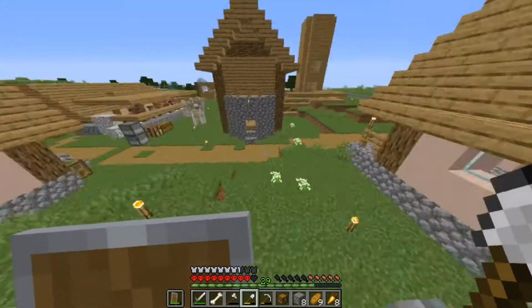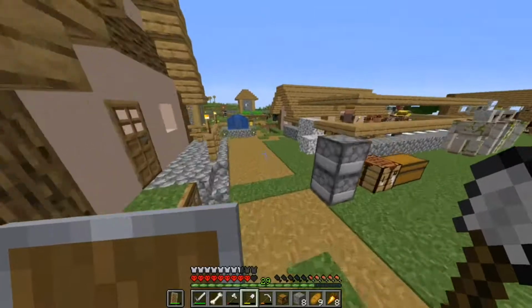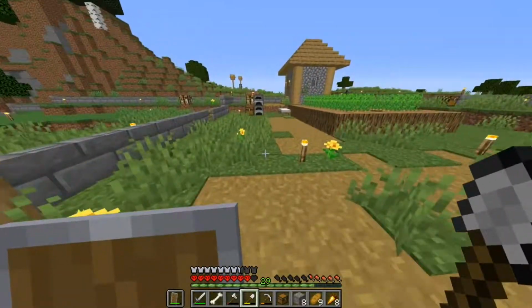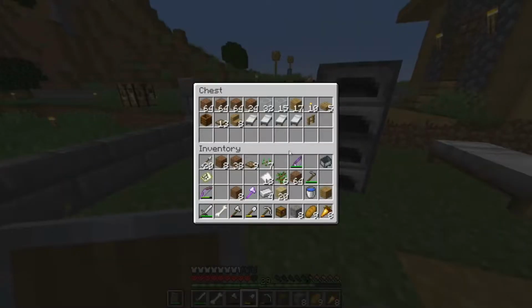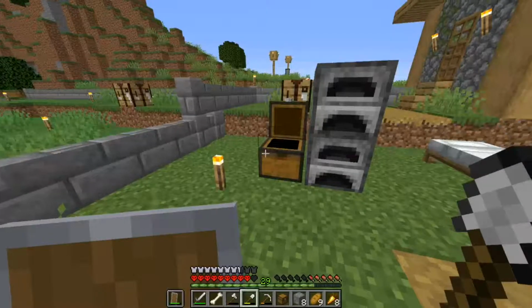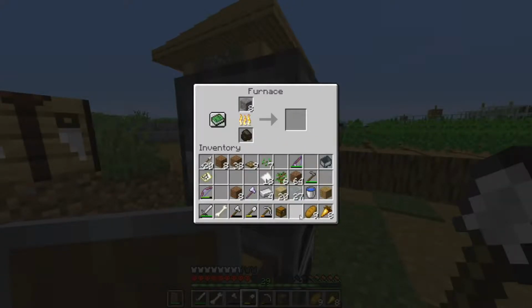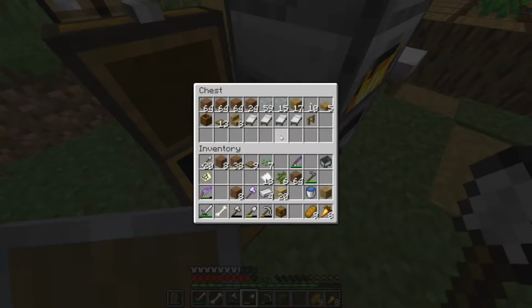Can I jump this? Yep. I've also decided I'm going to put the thing over here instead of over on the other side. So this is all the stuff we've got so far. We can now at least make...